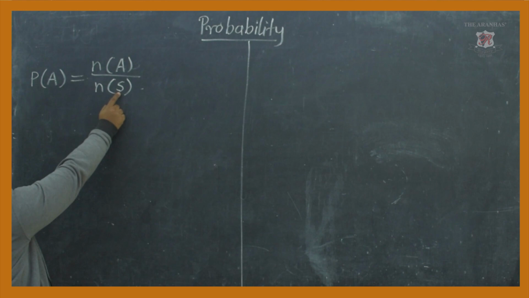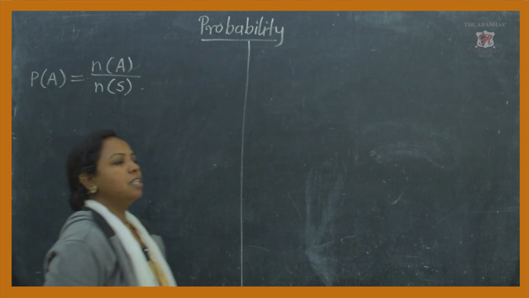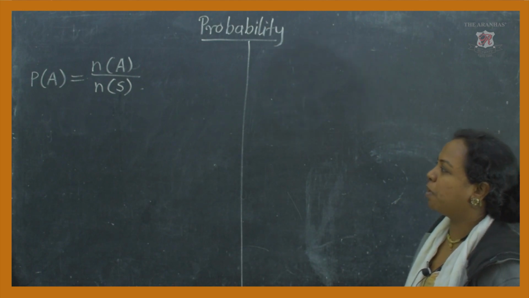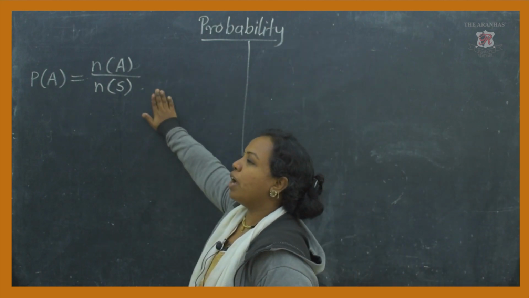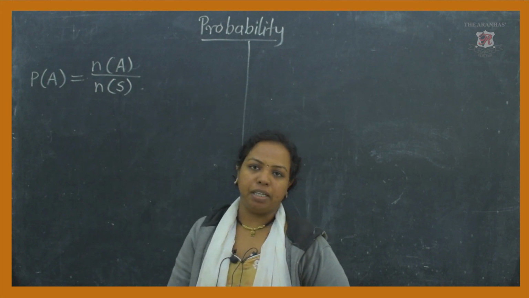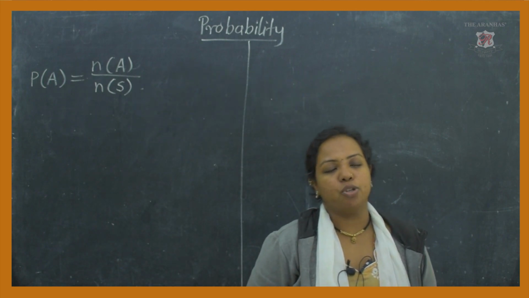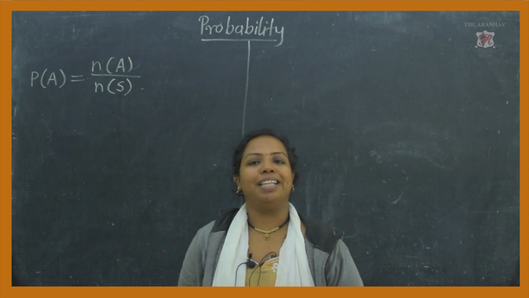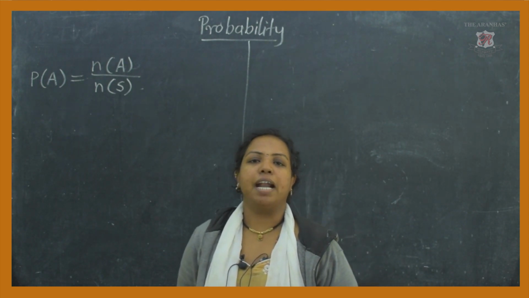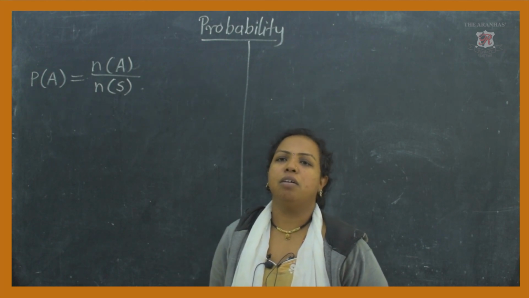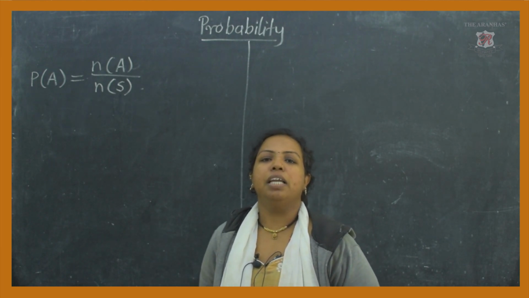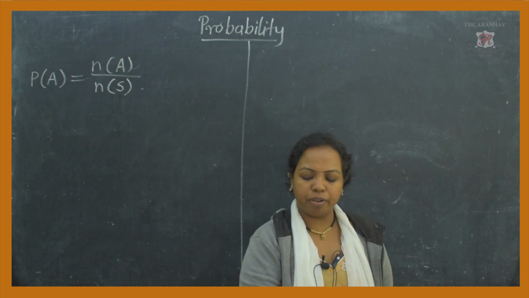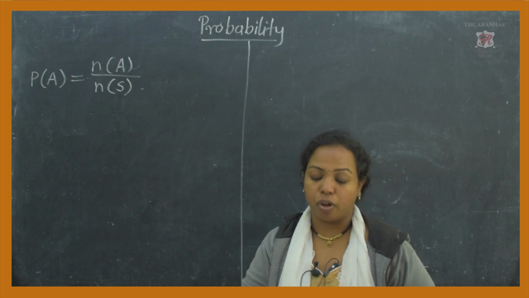is the sample space, capital S is the sample space for that given event, or you can say the given random experiment. Using this formula, we are going to see how to calculate the probability. Also, I explained what is meant by probability. Probability is nothing but the possibility for a given random experiment, all the possibilities for that random experiment. Okay, so now we will move to practice set 5.4.